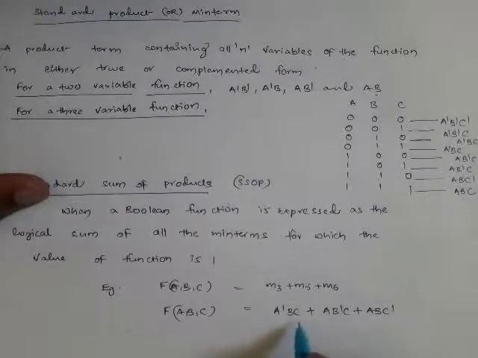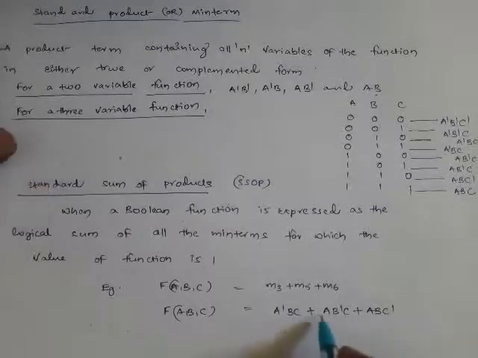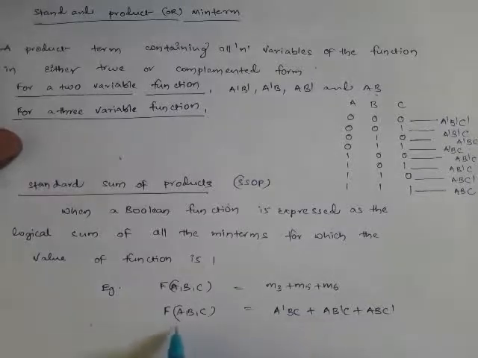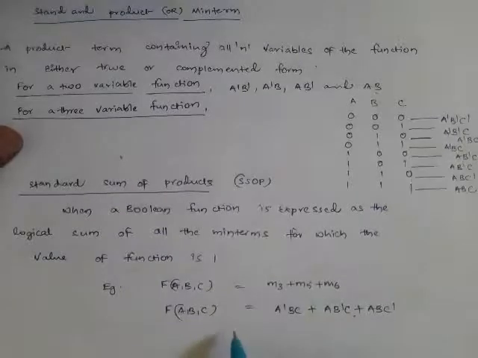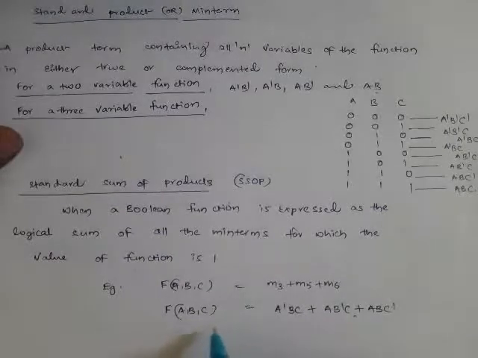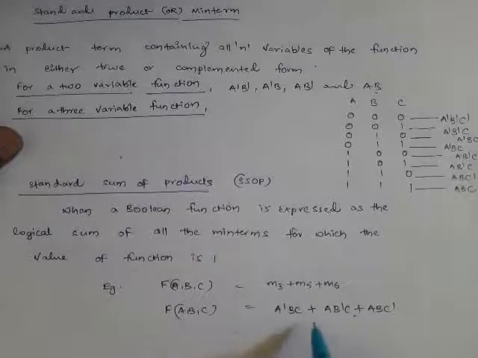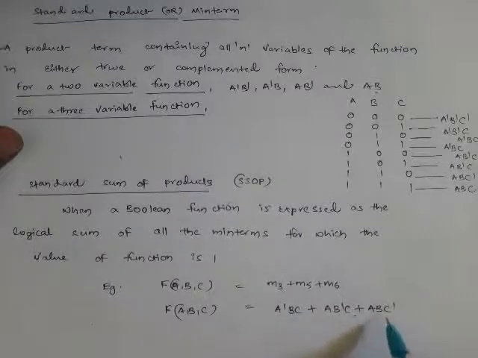Then I can sum these minterms, and this expression for the function is called standard sum of products. When a function is expressed in standard sum of products, that means sum of minterms,